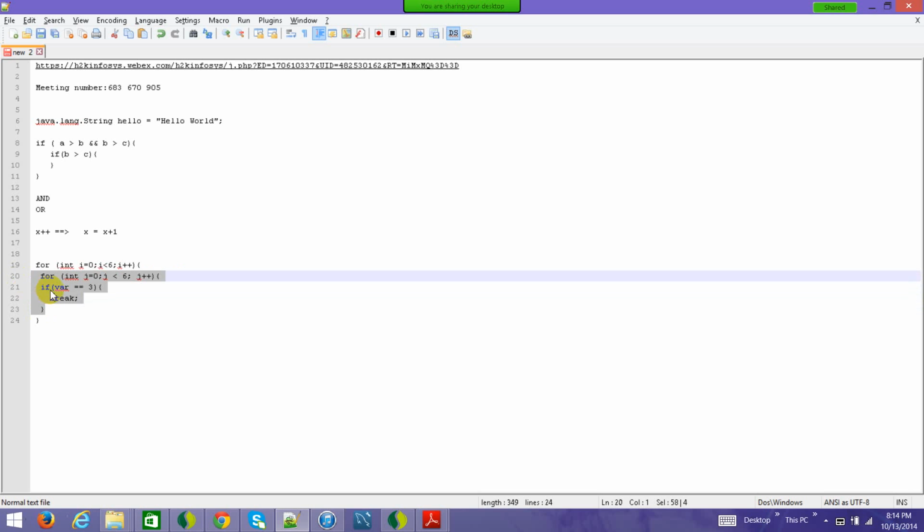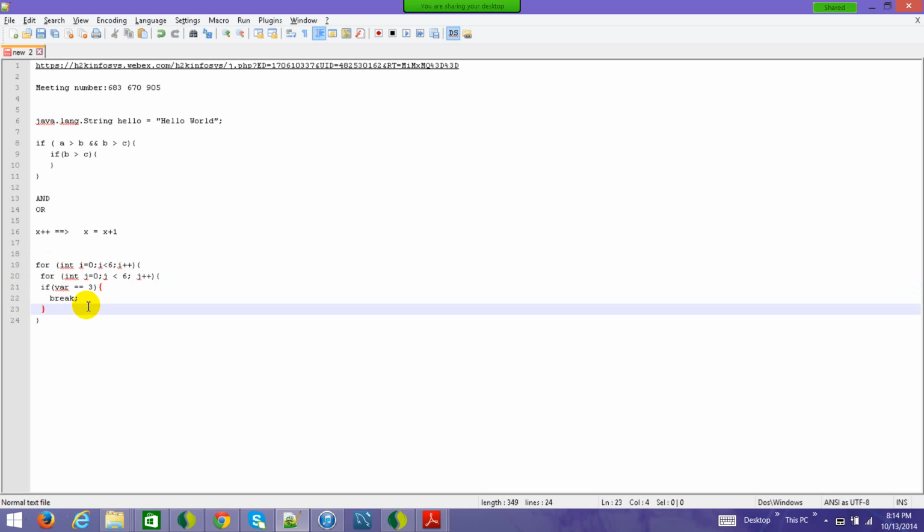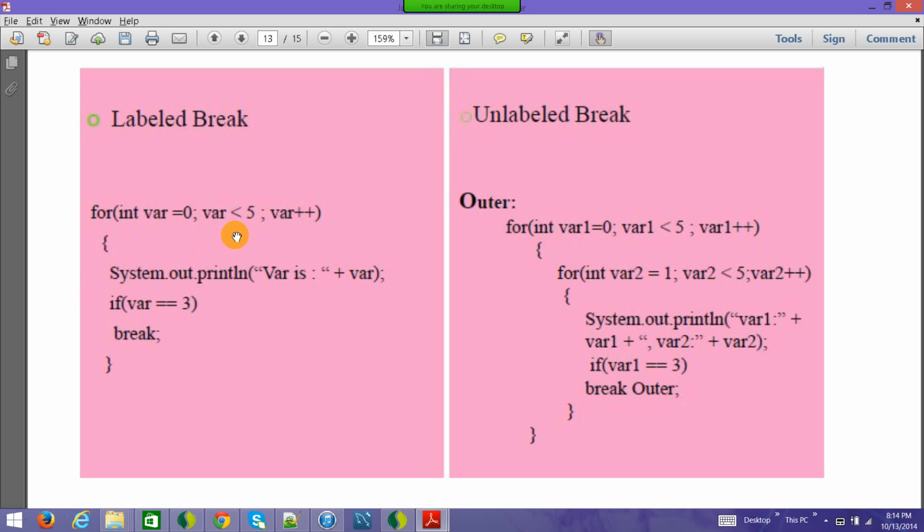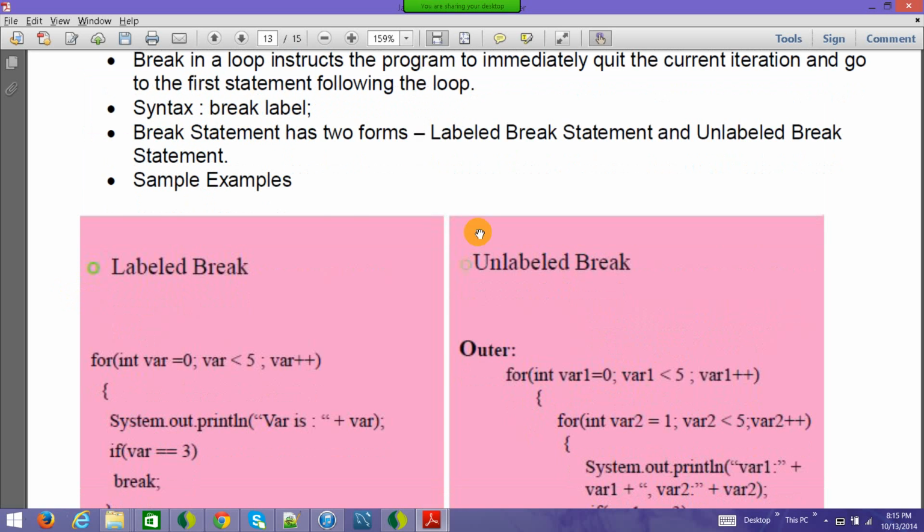However, if your hierarchy is complex, if you have multiple for statements and multiple jump statements, then writing it this way becomes confusing because you have to find out where it will come out. So what you can do is define labels. You can mention that this particular for loop is outer, and you can write break outer. From a readability perspective, it improves it.